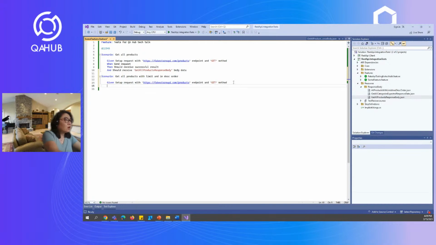I'm reusing the endpoint, but we add the second given, and set request parameters. So we have to add some parameters, and actually I have prepared it. So just one moment. The table with parameters, just to save our time. So you can see that we added a table. So limit for 5 items and sort descending order. So we have set all the preconditions, and now we will write the when part, when send request, then should